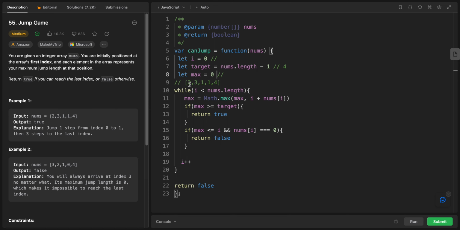I will say, okay, so I am here in 2. We start looping first, so I'm here in 2. So I'm saying, okay, max equals Math.max of max, which is 0, or i plus nums of i. Nums of i is 2 and i is 0, so max will equal 2. So I'm saying, okay, if max is bigger than or equals target, no, max doesn't equal or isn't bigger than target. Okay, so if max is less than or equals i,